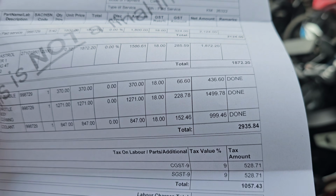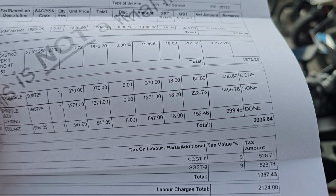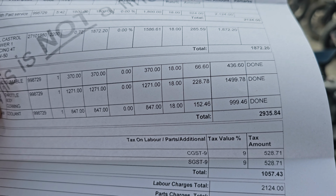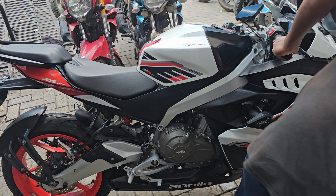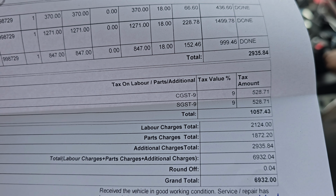And also the oil filter was not changed because the oil filter was not available in the service center, so I got it from outside, in the local market here in Hyderabad. The same OEM oil filter for the RS 457, I got it and I installed it. So I paid extra for that, but removing the oil filter and the air filter, the charges for this service is